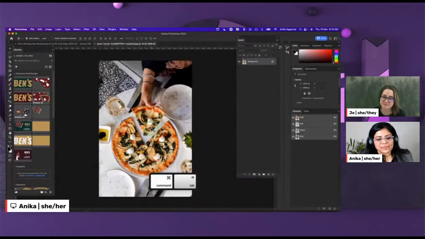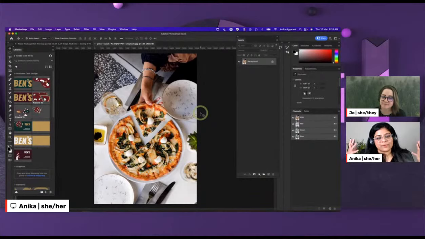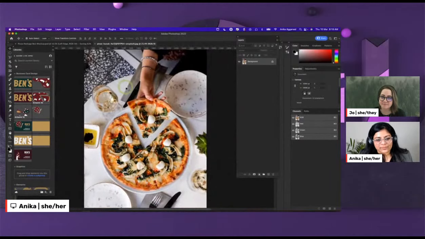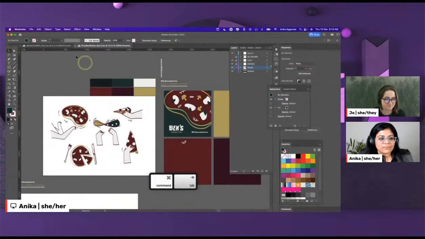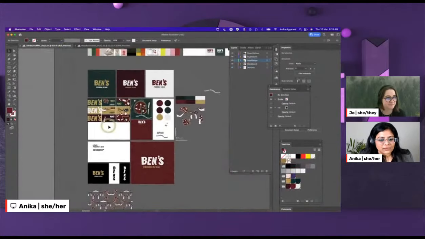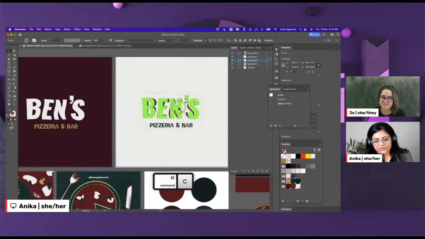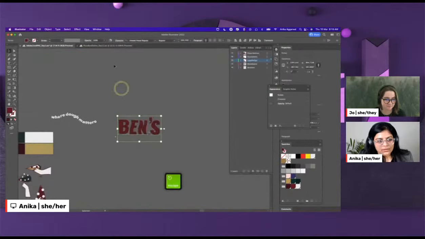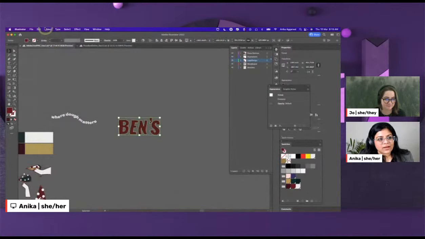So as you can see, this is a mock-up, which is basically the imagery that I want to use for the brand. So I have this little napkin, handkerchief here. And I want to make the logo look like it's engraved into it, embroidered into it. So I'm going to grab a darker color of the logo. Maybe this guy? I'm going to grab just the primary logo, which is Ben's. Delete this, and I'm going to outline this, and then